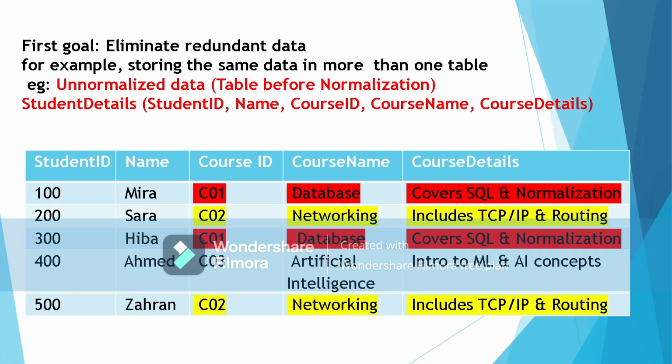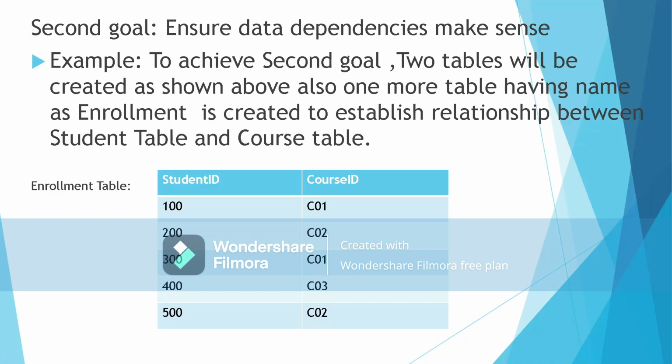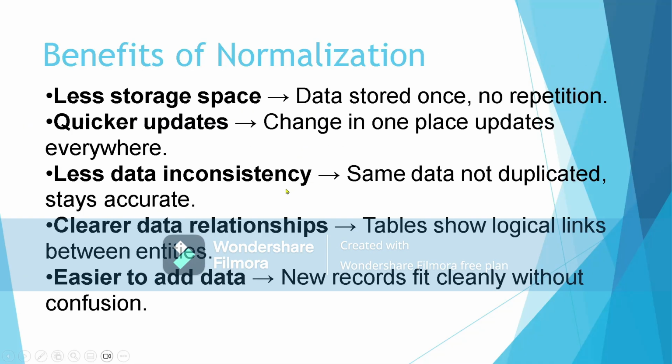If I am not using the normalization, then for every record I am supposed to write database management system. But if I use the normalization, I have to make the change at only one place and it will get reflected to the other places also. So here quicker updates will be made and